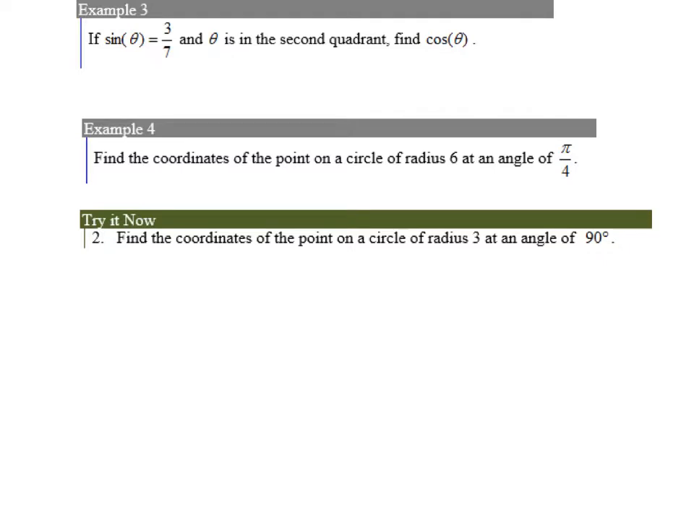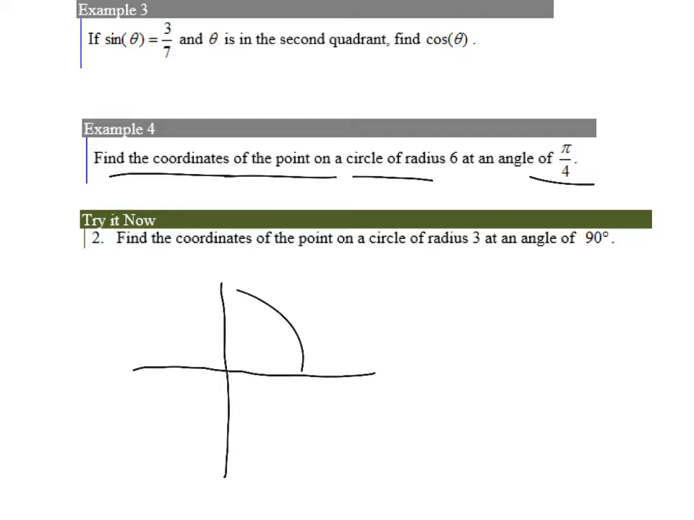For example 4, they're asking us to find the coordinates of the point on the circle. So basically that will let us find the sine and the cosine of an angle of pi over 4 radians. So you've done some practice graphing a radian measure on a circle. I'm hoping that you're starting to make the connection that pi over 4 is the same thing as a 45-degree